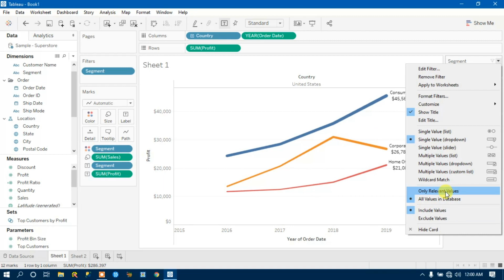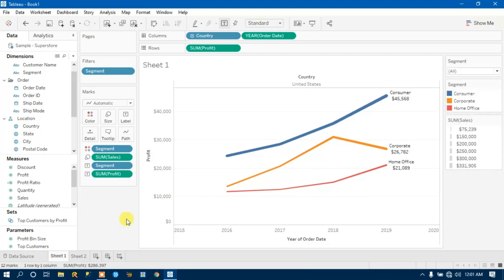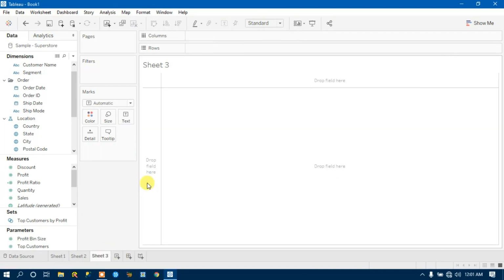Relevant values and all values in database is very important. Suppose you want to filter the data and show only the relevant values but not any extra other values, right? Let me give you another visualization on this. Let me first give you a little visualization of what I'm saying.